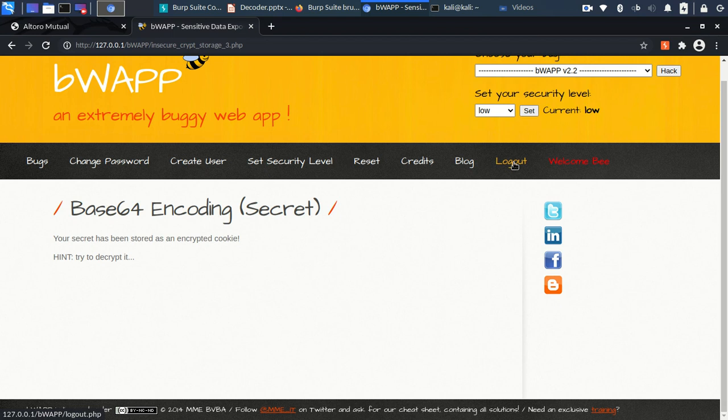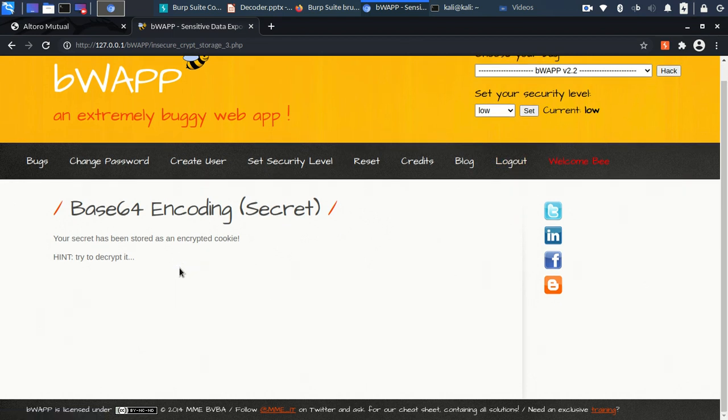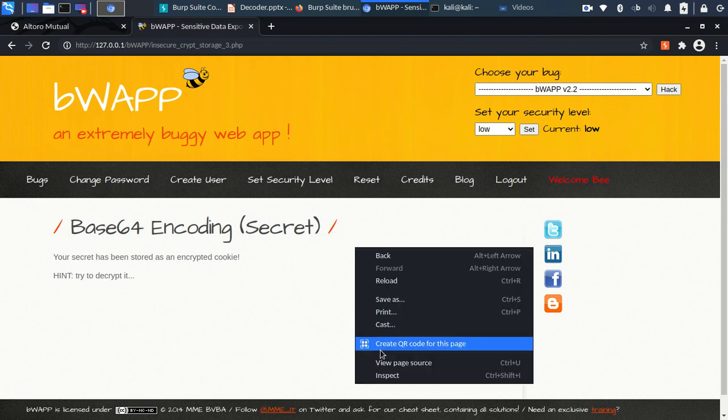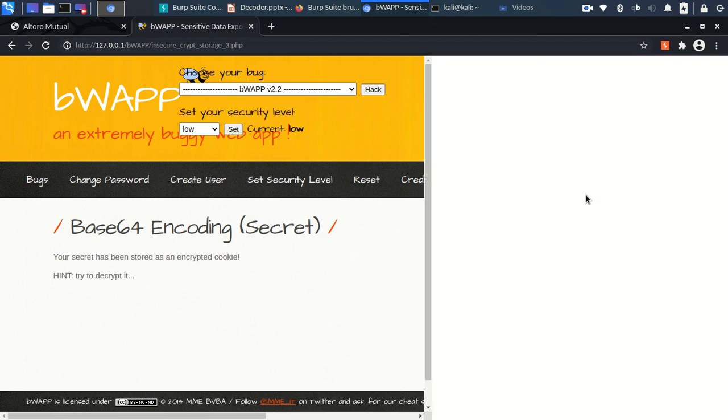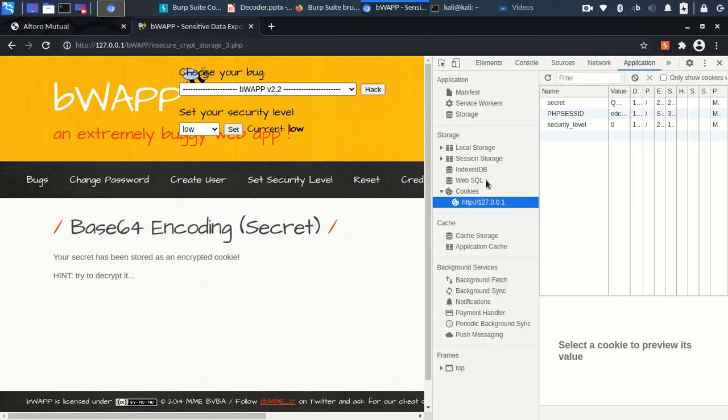Now let's see the cookie. First of all, let's see that secret cookie. Right click it, go to the inspect page, go to Application, then go to Cookie storage, Cookies, and see, this is the secret key.